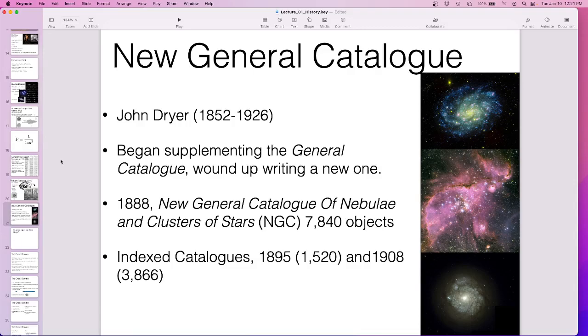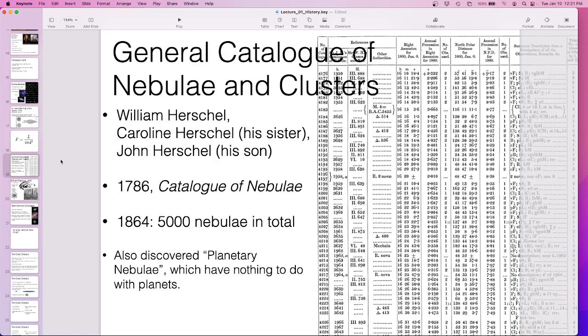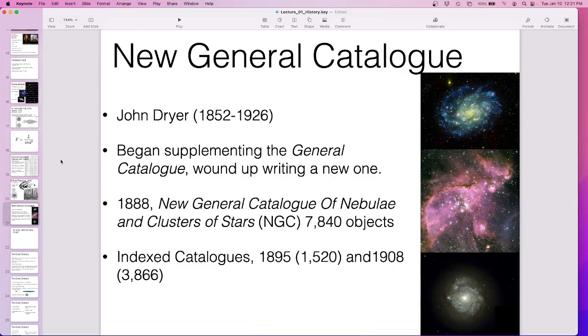Okay, John Dreyer. They called this catalog the New General Catalog, or the General Catalog of Nebulae and Clusters. John Dreyer came along and made the New General Catalog. He died in 1926, and he made this in like 1888. We still use this catalog to describe galaxies. So the NGC numbers. When you see a galaxy,